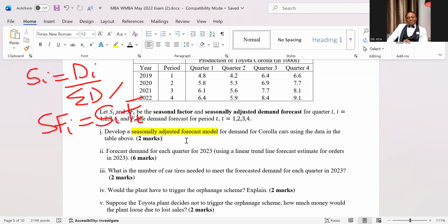So the seasonally adjusted forecast is for the actual production forecast you're making. But the seasonal factor is just a percentage. Like, what is the weight I will attach to each quarter's production that I'll forecast? What is the importance? What is the weight? What percentage of that? So if your yearly salary is 100,000, the question becomes, what percentage of that 100,000 is consumed in January? What percentage of that 100,000 is consumed in December? So you're able to know.